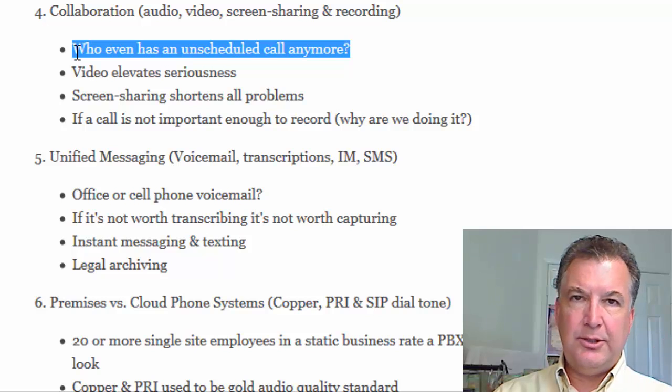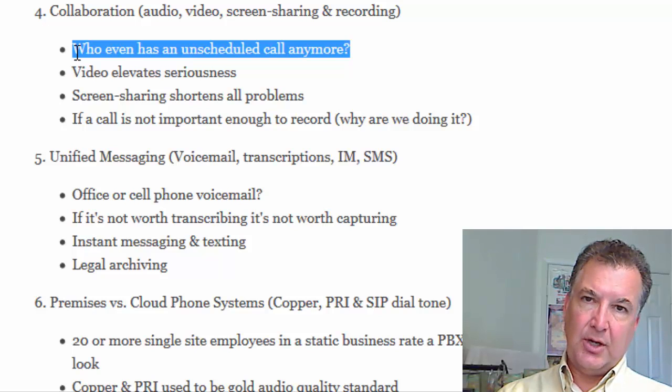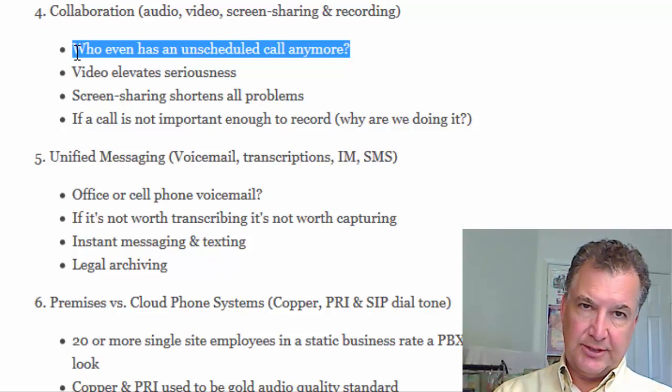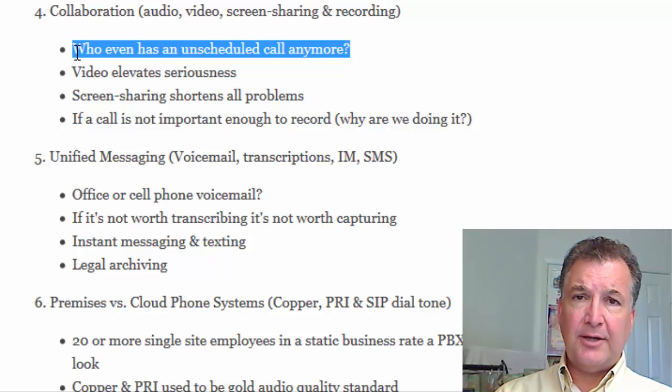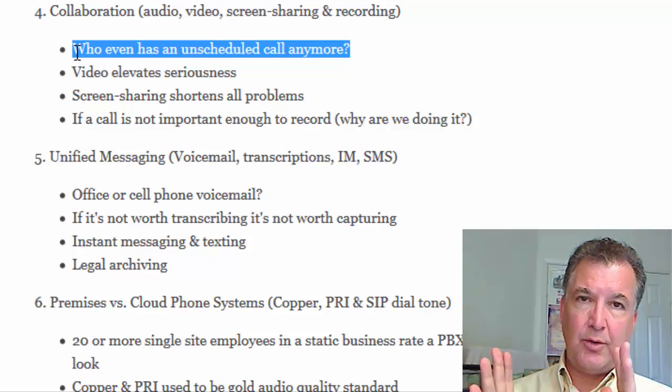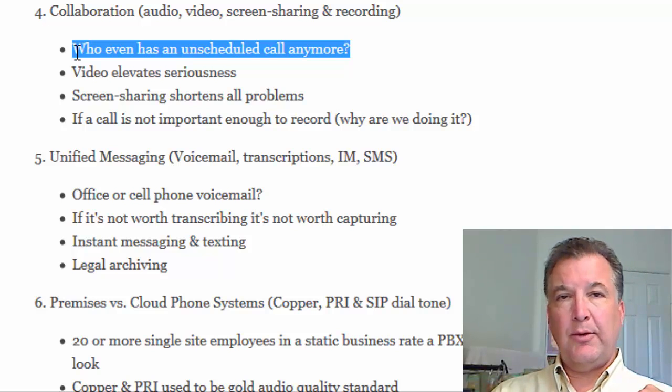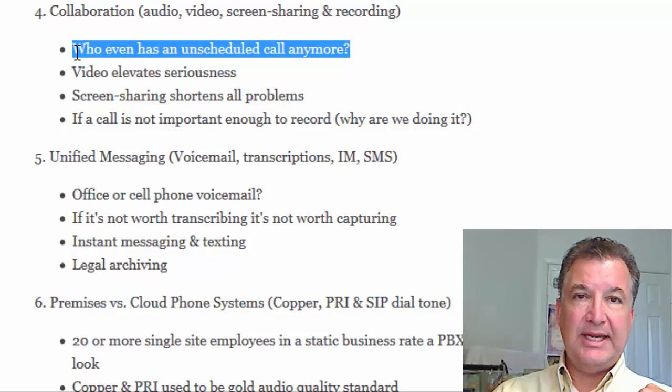And video is super cheap anymore, okay? So you can get a conference bridge. I use zoom.us. There's others out there like it. I also use Uber Conference extensively, where you can record all your calls, you can record all your video calls, you can record them onto your PC, or have them stay on the cloud. Personally, what I do is I record them onto my PC and then I upload them to Google